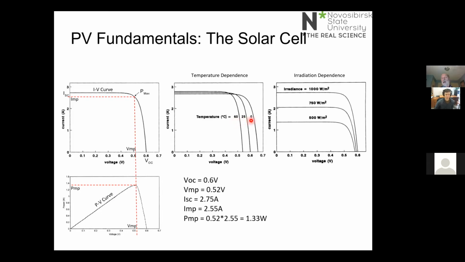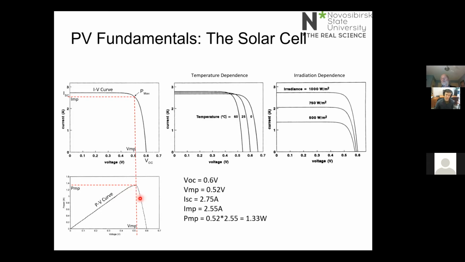Fortunately, in cold climates like we have and like you have, we get more of our operation down in the lower temperature regions, and there's actually more power in a PV system in cold weather. And of course, the solar radiation, or irradiance, has a huge effect on that. So if the irradiation changes, then the maximum power point changes. If a cloud goes over the sun or partially covers the sun, then the power curve changes,